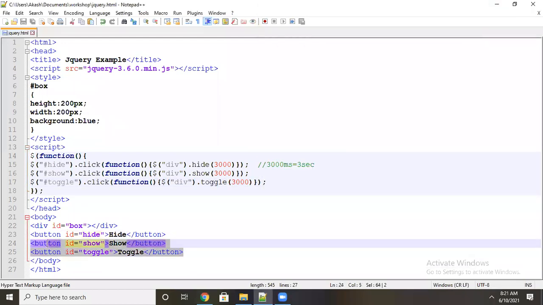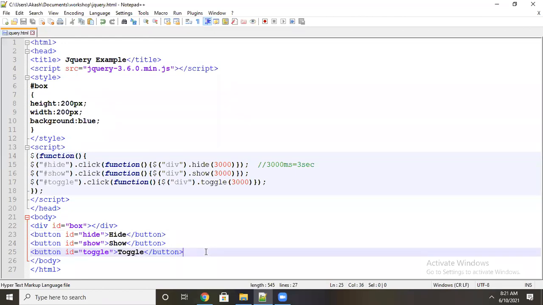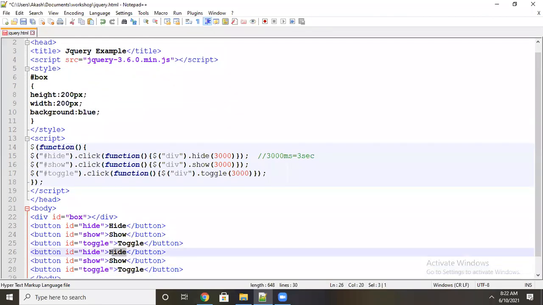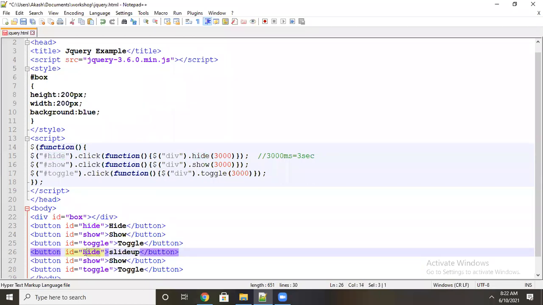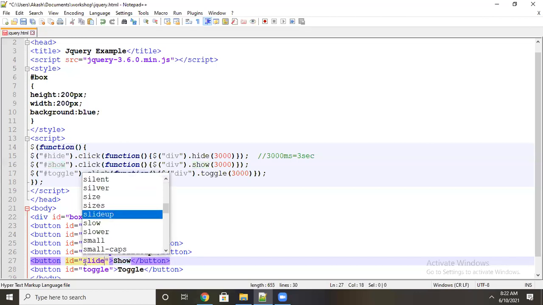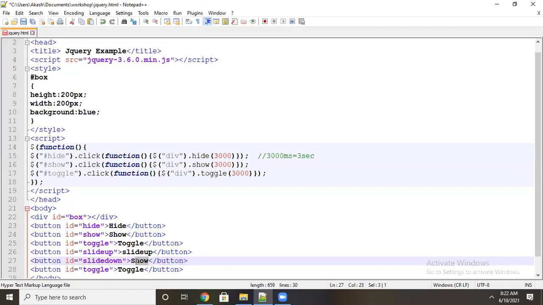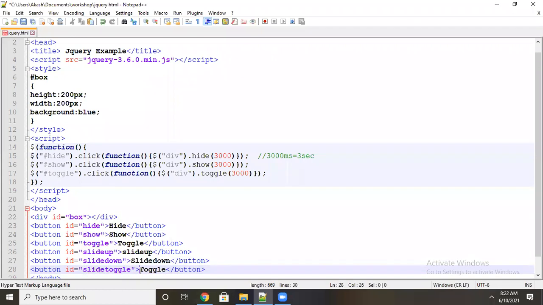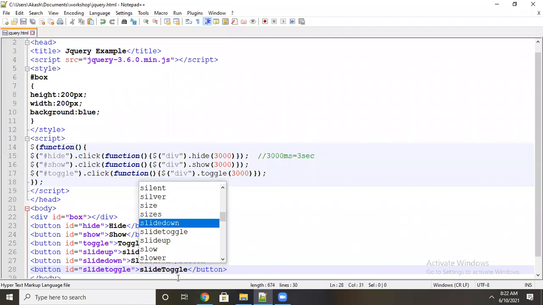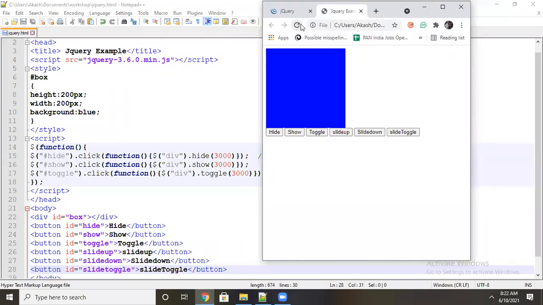You can see slide up, slide down, slide toggle. Okay, now see, 3 buttons I took, but I need to write the code now.